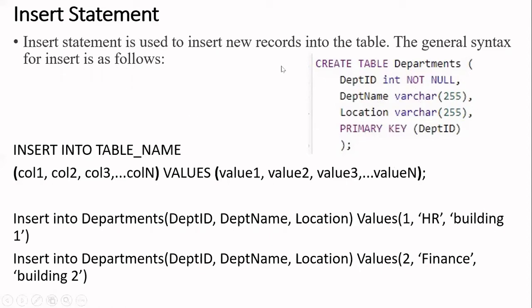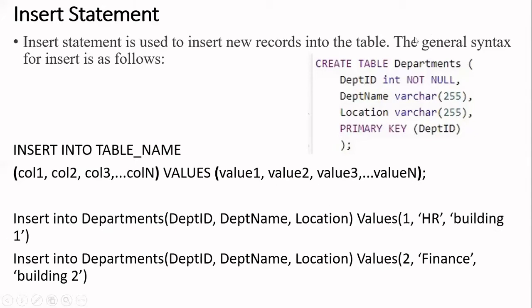Now, as our table is created, how to insert the data into the table? For this purpose, we require a statement that is called the insert statement. So the insert statement is used to insert a new record into the table. Now what is the syntax for inserting the data into the table? As insert into table name. टेबलचं नाव द्यावं लागतं. Then after that, what are the columns that are present in the table? And to insert it, we require values. So insert into table name, column names, values and their values.